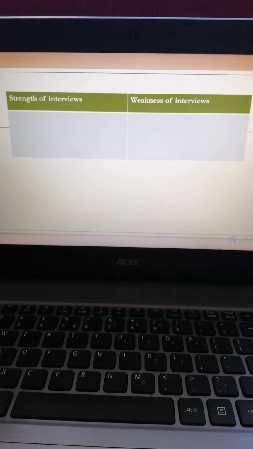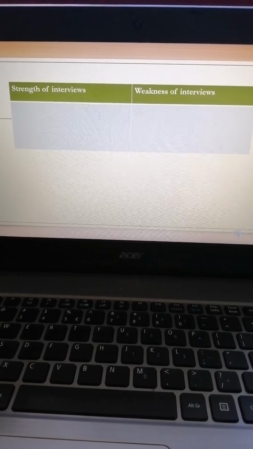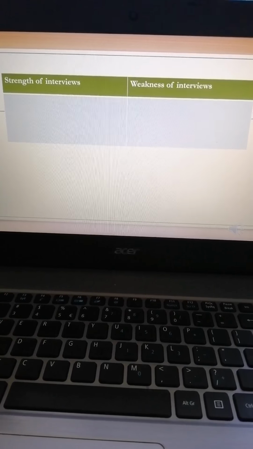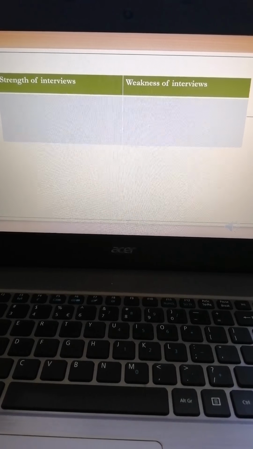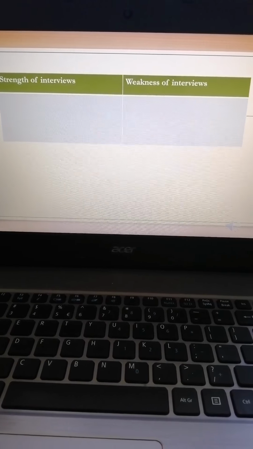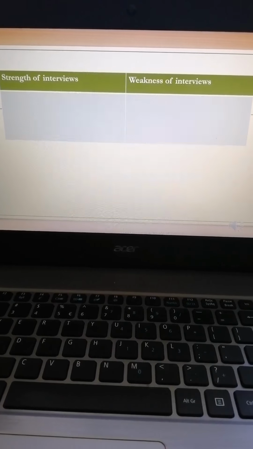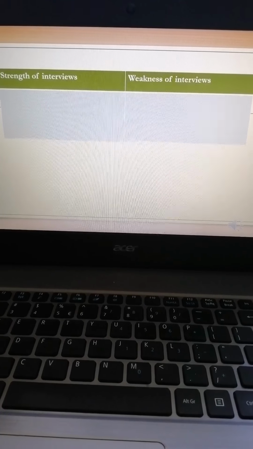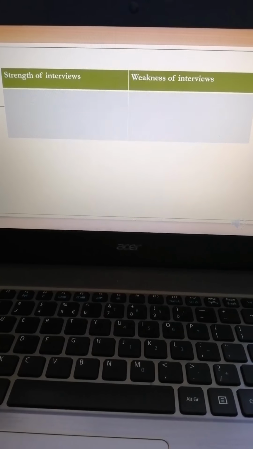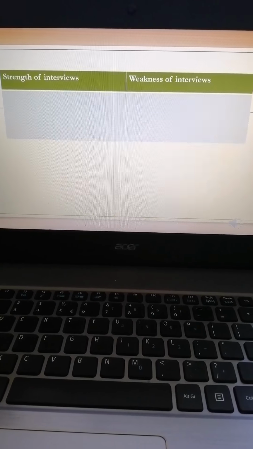Okay, your task for today, by the end of the class, everybody should write the strengths as well as the weaknesses of using interviews. So you can get the answers from the internet, or if you have the purple and white book, the revised psychology AS and A2, you might want to have a look and get some answers from there. And bear in mind again, this type of question is very important because you will get this type of question a lot for your paper 1 and 2. So I'm expecting answers by today. You can upload your answers. We can make a discussion via WhatsApp.